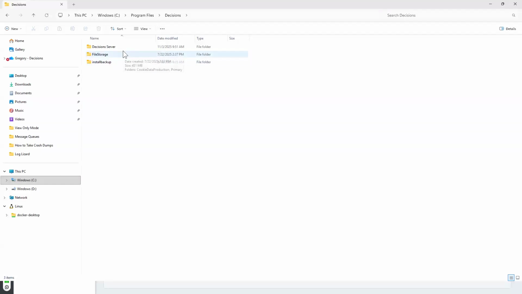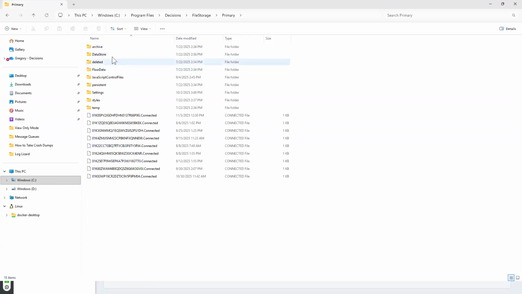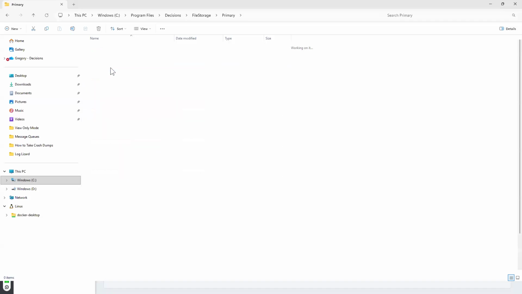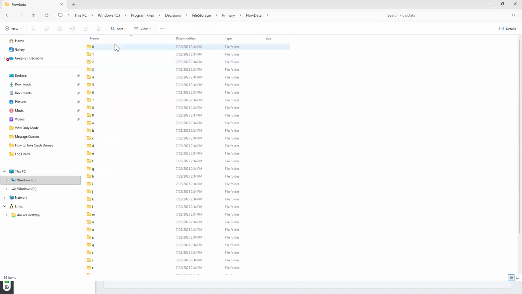This is the Decisions system folder, right? You are showing me this one. This is on whatever server is running Decisions. Okay, server. Yep, whatever server is running Decisions, that's where this is going to be located. So this isn't on the client side. The client doesn't see this folder. And then it's under file storage, primary, and I want to say it's, is it flow data or data store? It's one of these two. I think it's flow data. So here's that format I was talking about, the first two digits, right? So if it starts